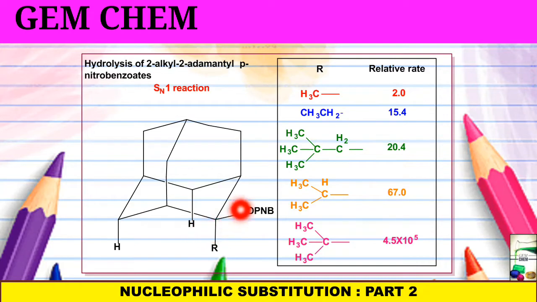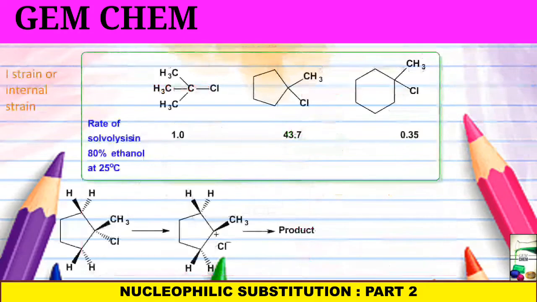but when this R is CH3, the rate is 2.0, but as we are increasing the bulkiness, this rate is increasing one by one, and this relative rate shows that due to the presence of large B strain, this effect is being observed. Back strain is responsible for this observation,